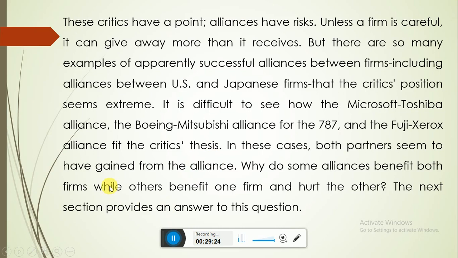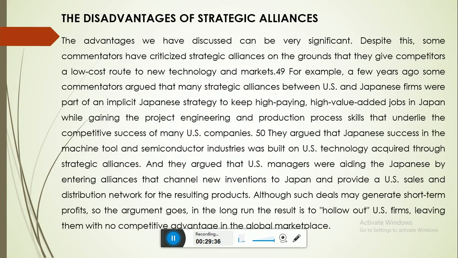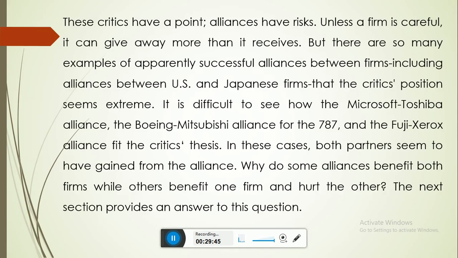So it's not only one partner that will benefit from the company, both partners will benefit from their strategic alliance. That's why, if you are working in a foreign company and want to do a strategic alliance, you need to follow up, you need to see the structure, you need to see the partner, you need to evaluate and analyze the partner, the agreement, everything. You need to be very careful